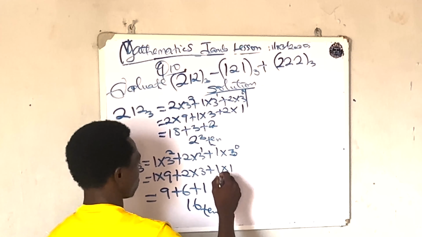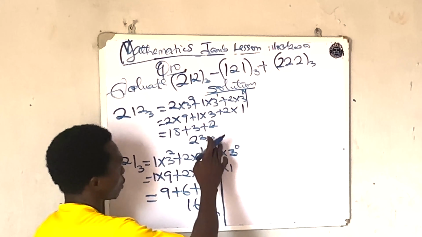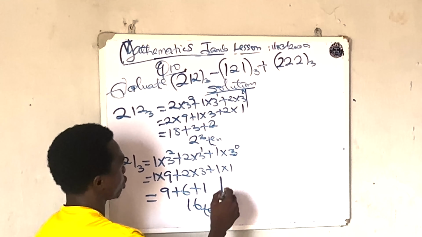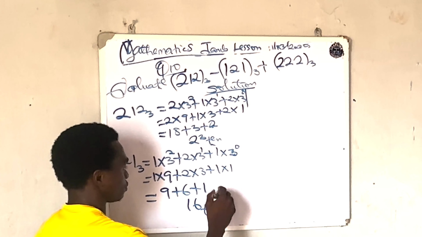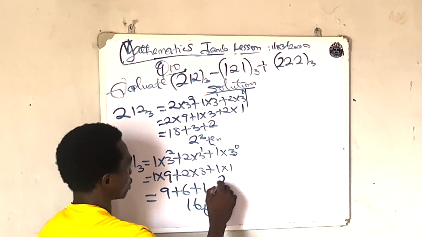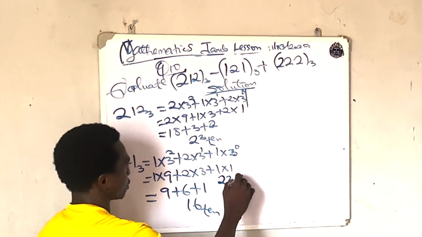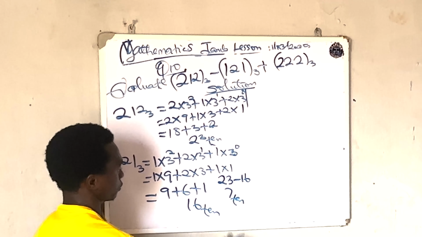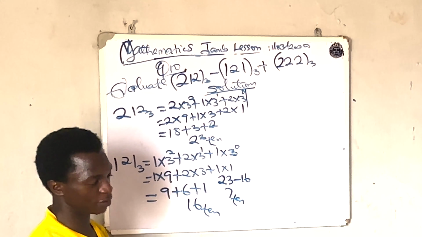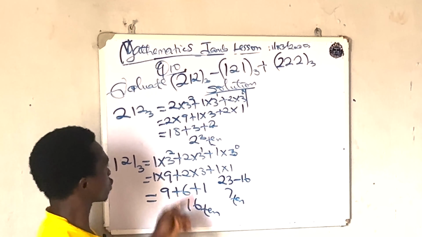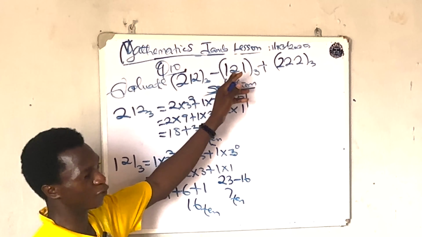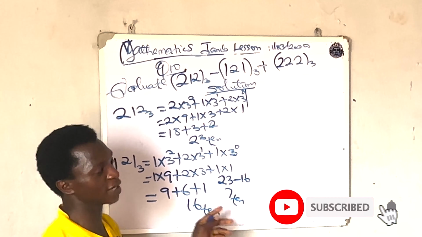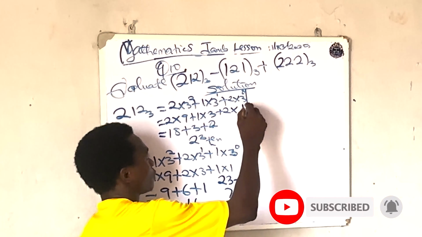So what you simply need now is to subtract 16 from 23. That is to say 23 minus 16, you have 7 in base 10. Right? 23 minus 16, you have 7 in base 10. So the difference of this and this in base 3 is equal to 7 in base 10. Now the next thing you need is